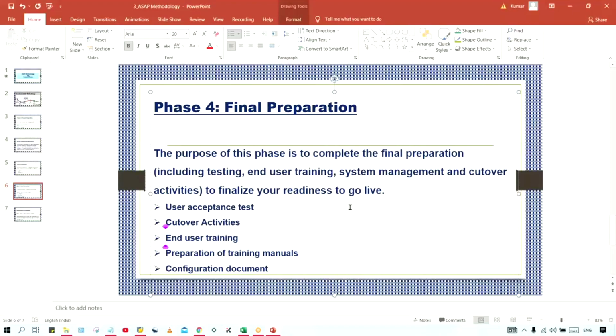Data migration. What is this data migration? Converting of their older ERP to the new ERP, all the data from older ERP to new ERP.